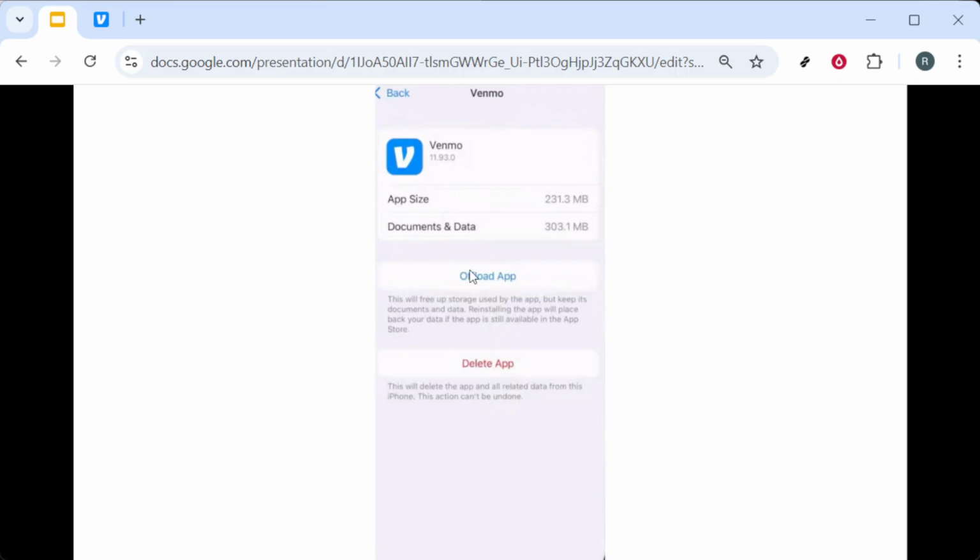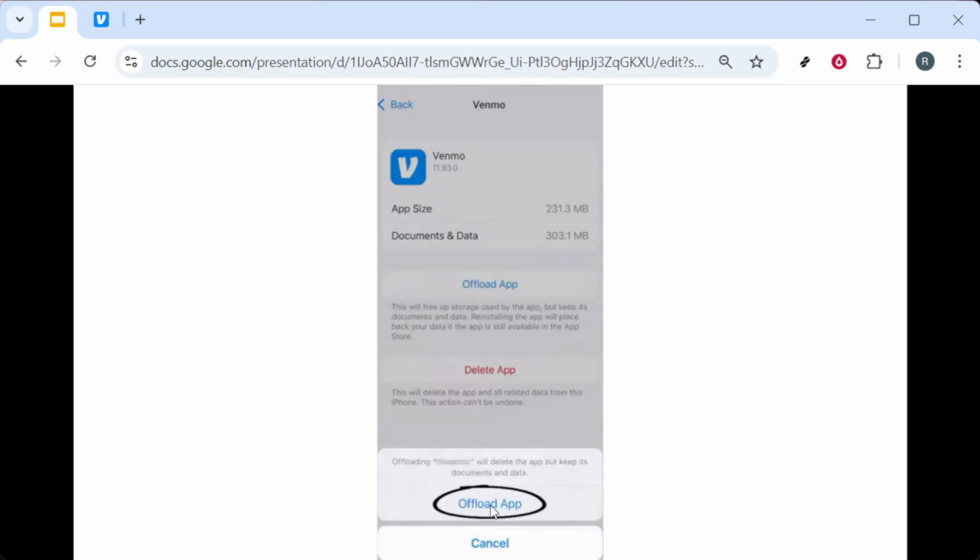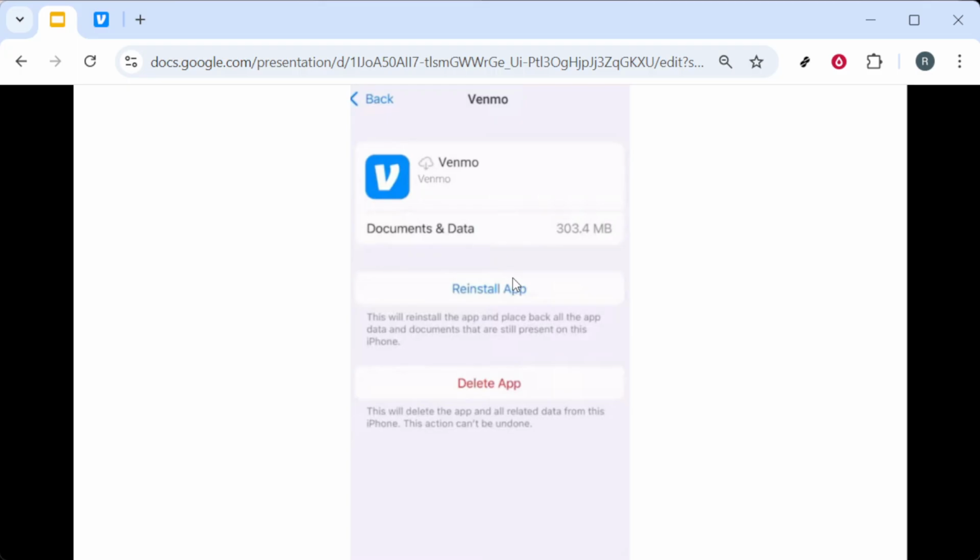Offloading removes the app itself but keeps its documents and data on your device. That means your account information and settings tied to the app's data remain intact. Tap Offload App, then confirm by tapping Offload App again when prompted. This clears out the app's core files, which can resolve conflicts or corrupted components that might be causing the login